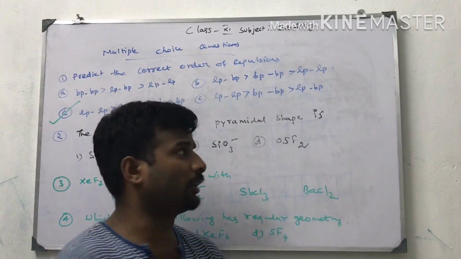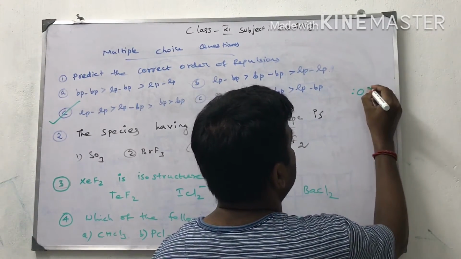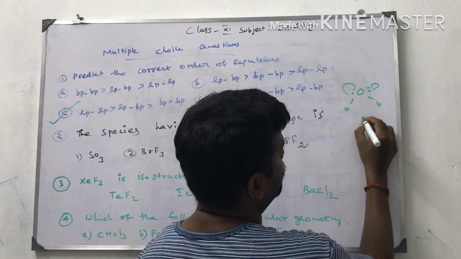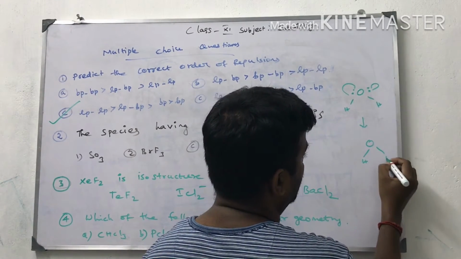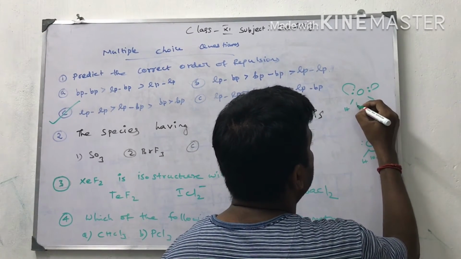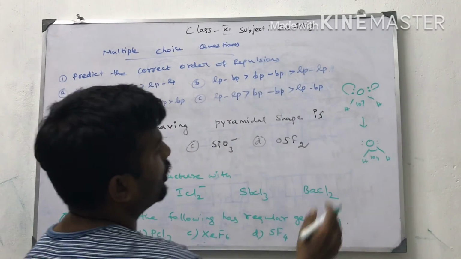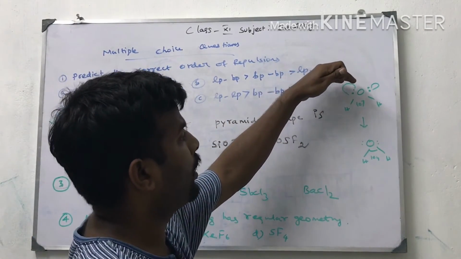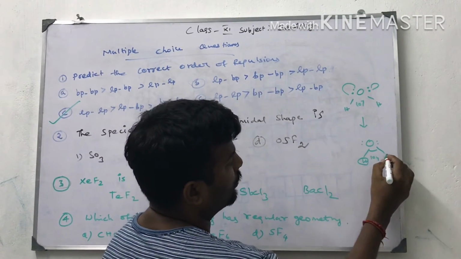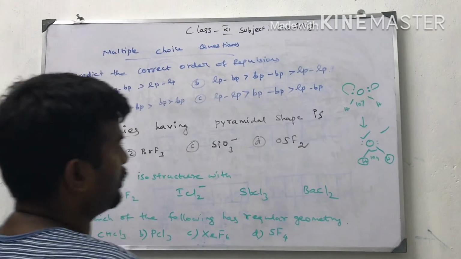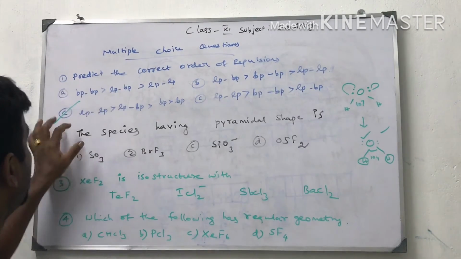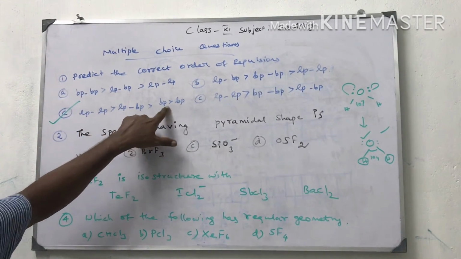Let us take a water molecule, with hydrogen like this. Due to the two lone pairs of electrons, the bond angle of the water molecule decreases to 104 degrees. Actually the initial bond angle is 107 degrees. Due to the interaction of the lone pair electrons, the bond angle shrinks further. So the power of lone pair electrons is stronger. So lone pair interaction is stronger than bond pair interaction. That's why lone pair greater than lone pair greater than bond pair.